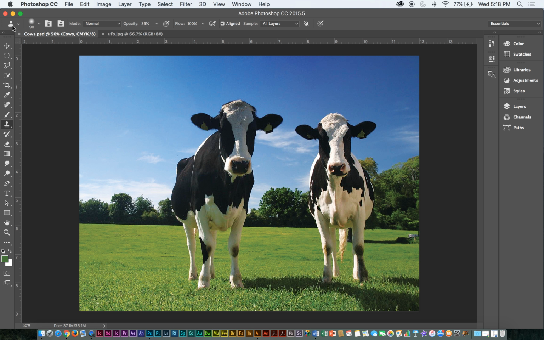But anyhow, moving on, the clone stamp tool. This is probably one of the most used tools. You can do a lot with it. It goes beyond just what I'm going to show you. I use it a lot for fixing blemishes on skin, or getting rid of pimples from someone's face in their photo, things like that. So the basic way to use this is